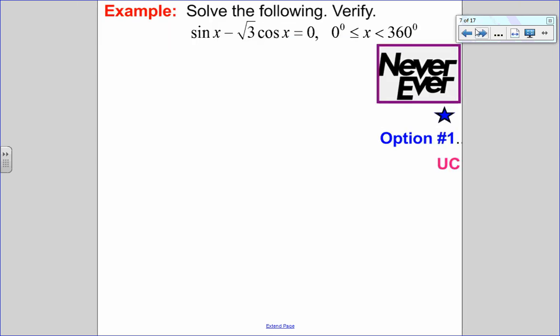Okay, for this one here, sine x minus root 3 cos x equals 0, from 0 to 360, again, specific solutions. So it doesn't look like there's anything that I can factor here. There's no common terms. A strategy students tell me is, why don't you just divide everything by sine so that you could get a cotan, or divide everything by cosine so you can get a tan. And I think that's a good strategy, but we need to approach it from a different angle,